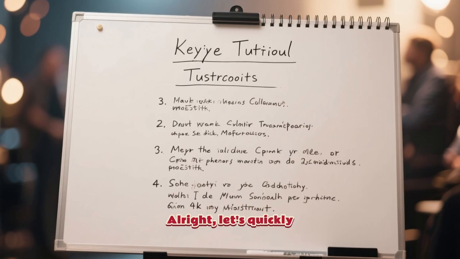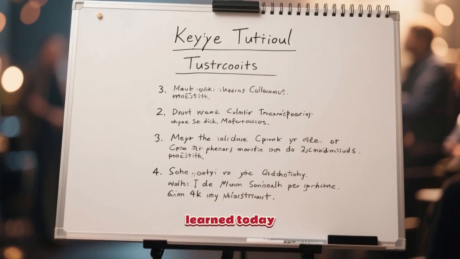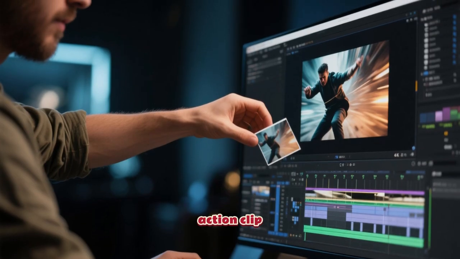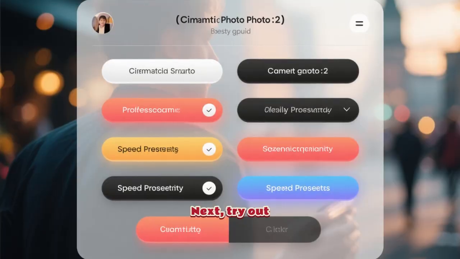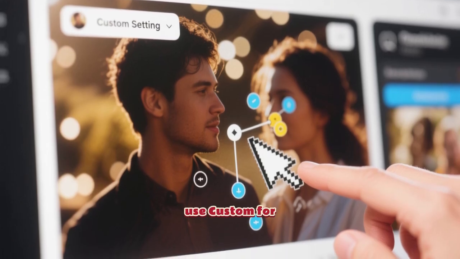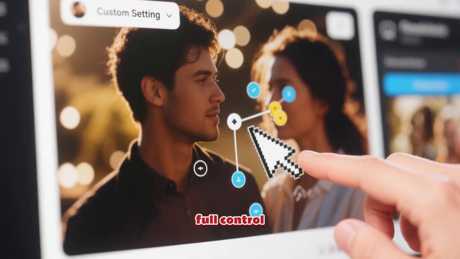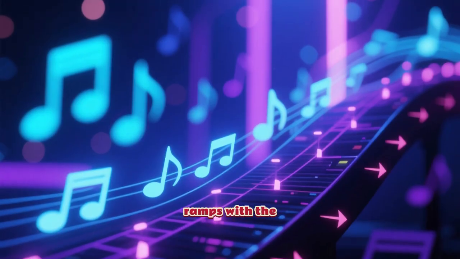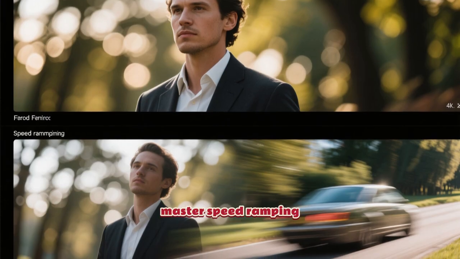Alright, let's quickly recap what we learned today. First, import an action clip. Then go to speed curve. Next, try out the presets. If you want quick results, use custom for full control. And don't forget to sync your ramps with the music. And that's how you master speed